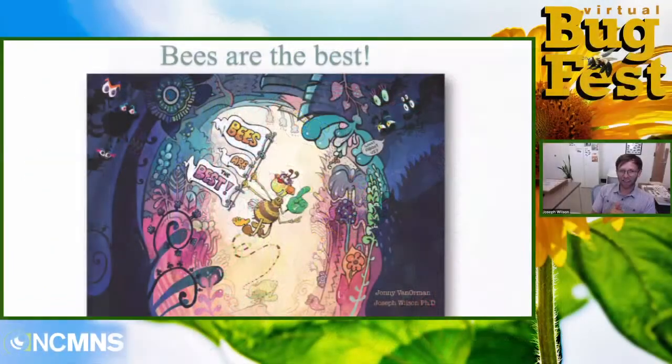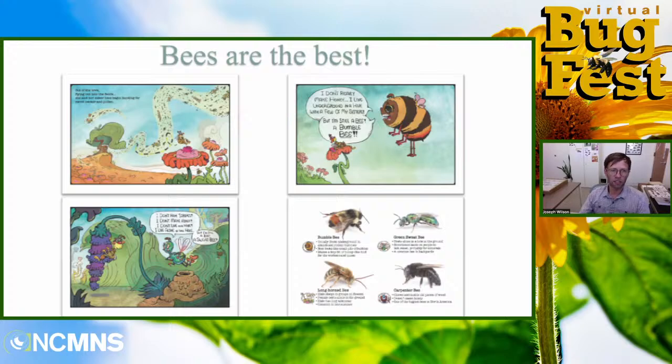The first one I want to highlight is a book my friend and I wrote called Bees Are the Best. This is a kid's book, as you might tell from the cover here. The idea is there's this honeybee named Honey, and she goes out into the world for the first time thinking that bees are the best. She meets a bunch of other bees like bumblebees and sweat bees and realizes that not all bees are like her. And so she changes her way of thinking from thinking bees are the best because they're all like me, to recognizing that bees are the best because there's lots of different ways to be a bee. At the end of the book, we have the characters as cartoons, and then the real bee that they were modeled after, and then some facts about those bees that you will be introduced to in this book. So there's one of those.